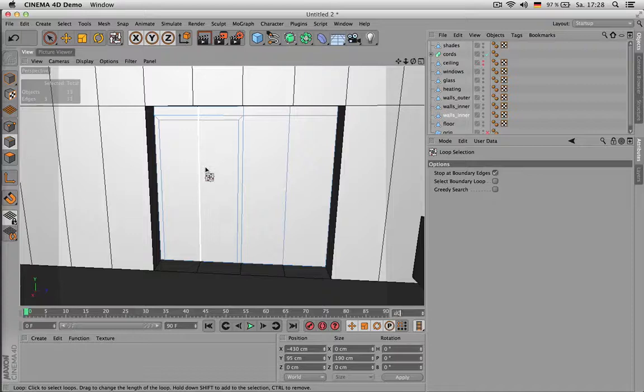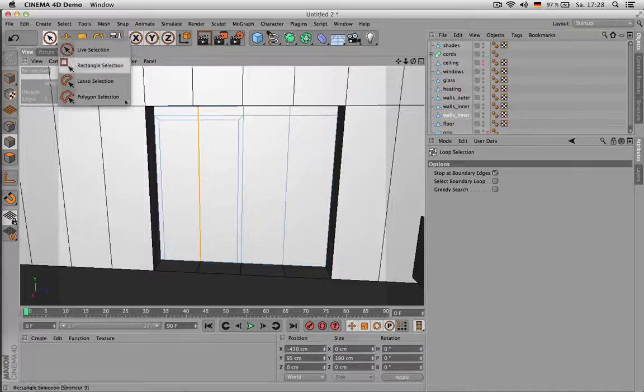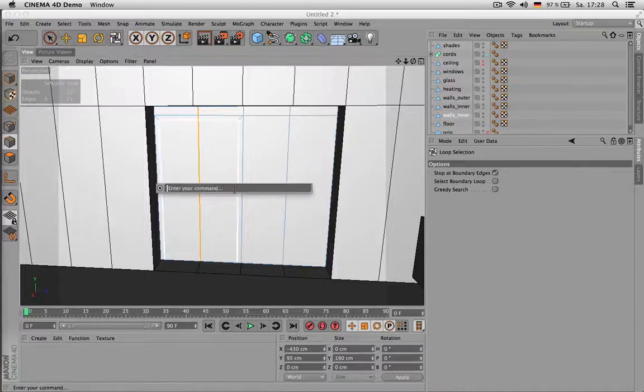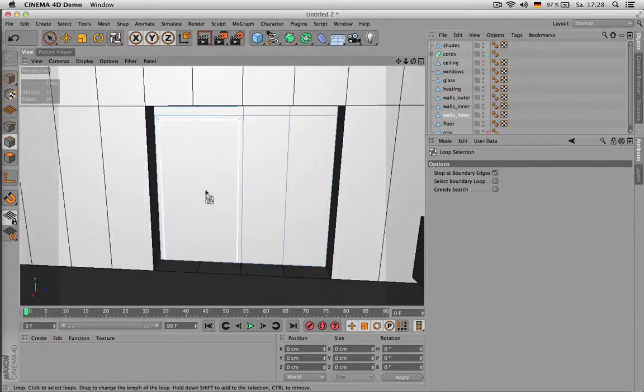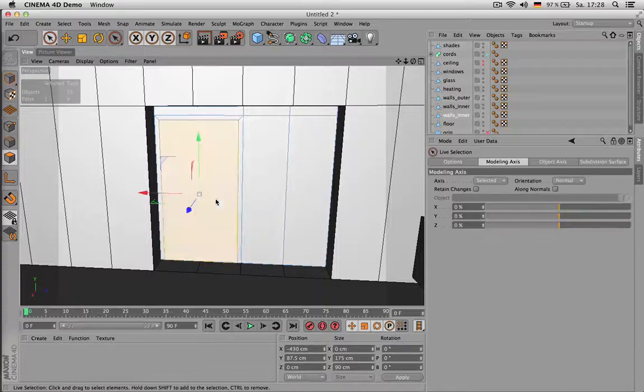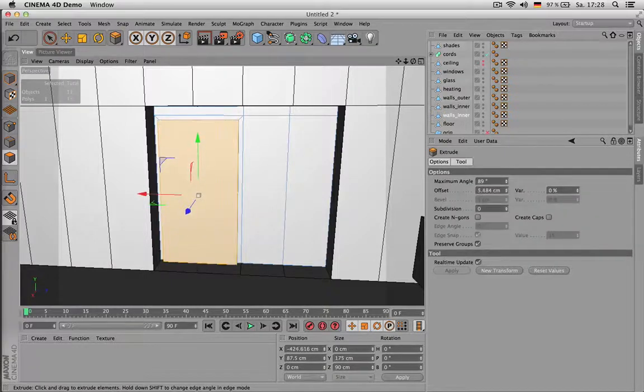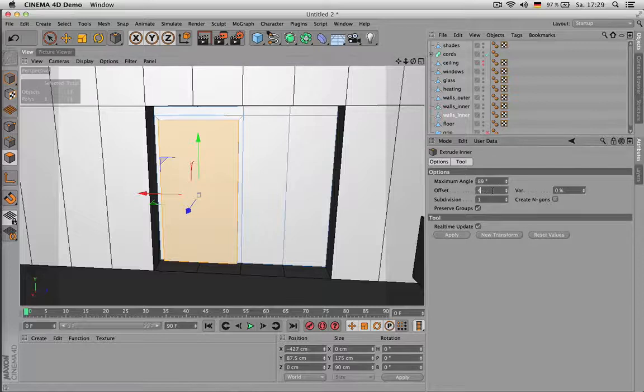This guy again, using Shift C and dissolve. And now I have a door I can use, like extruding it outwards first, 3 centimeters, then inwards,